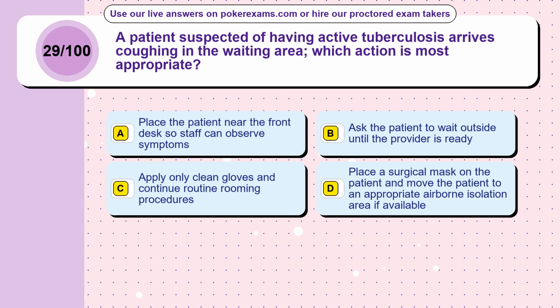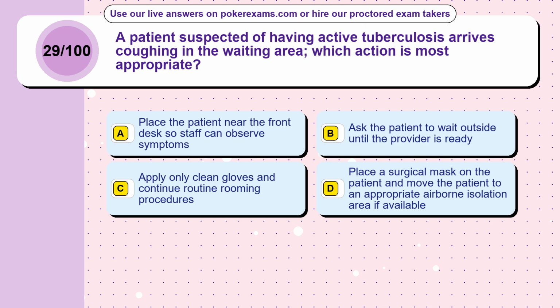Question 29. A patient suspected of having active tuberculosis arrives coughing in the waiting area. Which action is most appropriate? Option A, place the patient near the front desk so staff can observe symptoms. Option B, ask the patient to wait outside until the provider is ready. Option C, apply only clean gloves and continue routine rooming procedures. Option D, place a surgical mask on the patient and move the patient to an appropriate airborne isolation area if